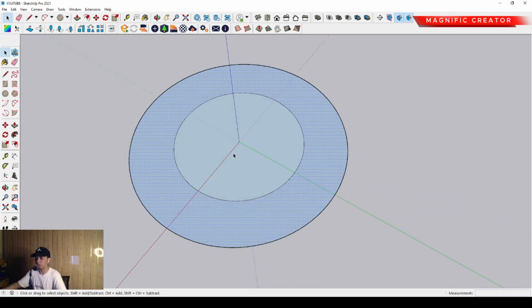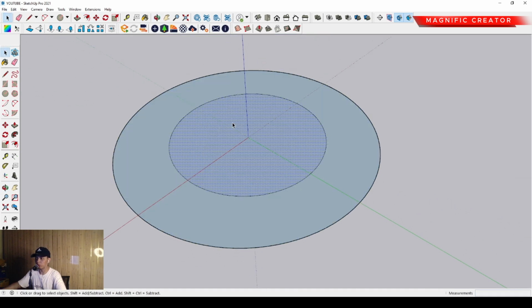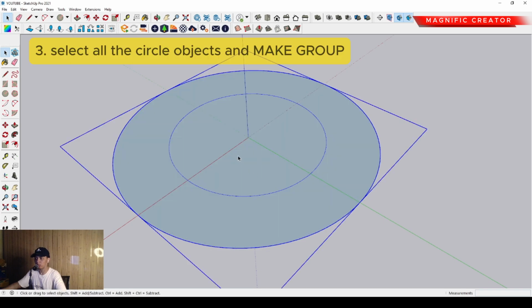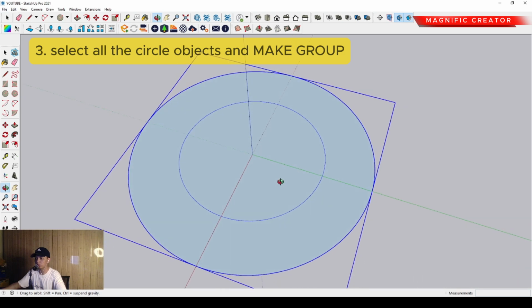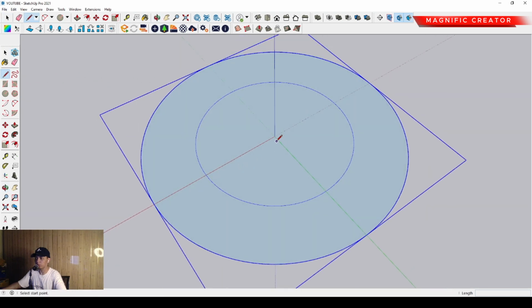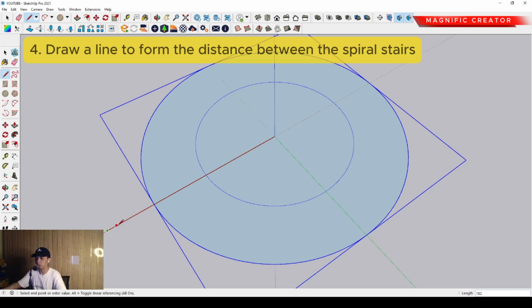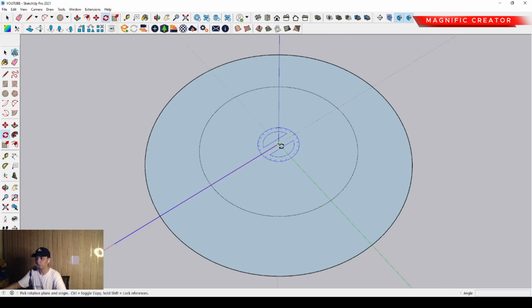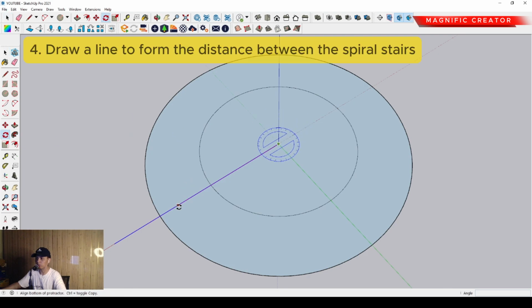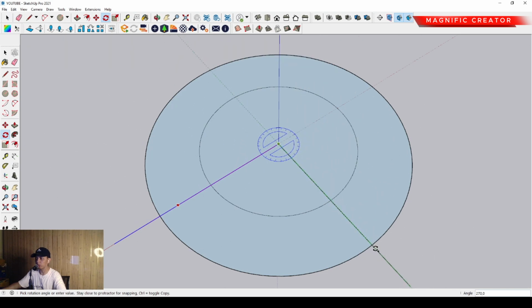Okay, first of all we have to select it all and make a group first, and then we can make the line over there. We can make the line here. Okay, then we can select this line and rotate it, and duplicate it. In this case I would like to share the example with the